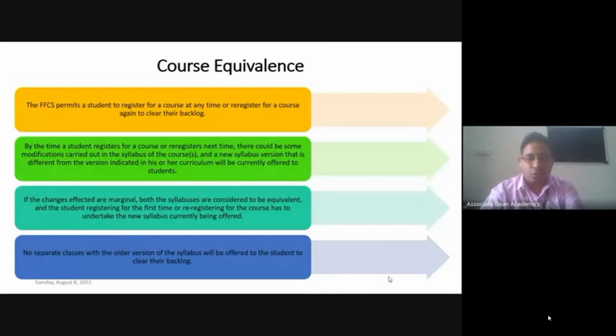So we may define course equivalence this way: you got an F grade in X course, and X course has been stopped from its offering by your school, and some other equivalent Y course has been planned by your school to offer. If Y course is equivalent to X course, then you can register Y course to complete the credit requirement for X course, because you have an F grade in X course. That is the meaning of course equivalence.